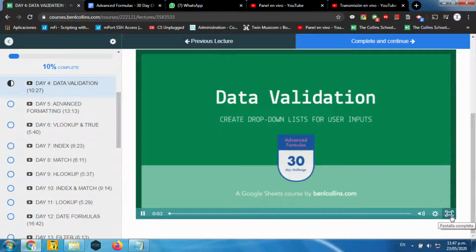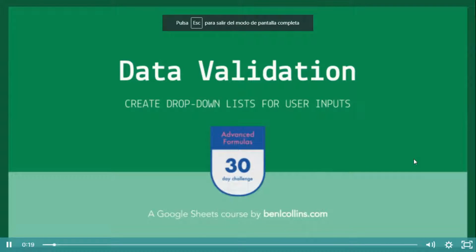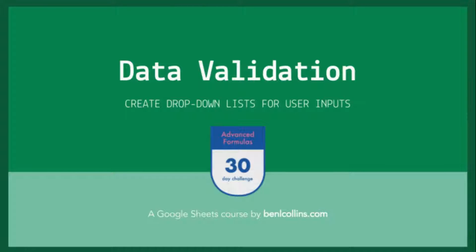Folks, this is going to be a fun lesson. I'm excited to show you this one. It's called data validation, and what we do is we use a technique called data validation, which just means that I only allow certain values in a certain cell. I restrict what's allowed to be typed into the cell. But the nice thing is that in Google Sheets, they give us a drop-down menu of what those items are